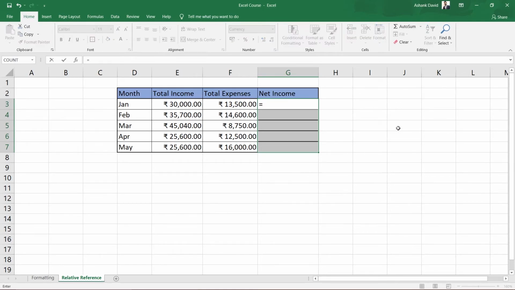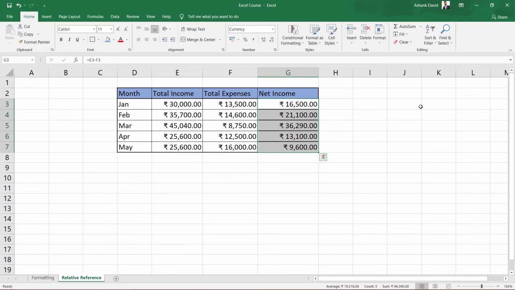So equals, select this one, then minus, then select this one. And now instead of pressing enter, I'll press Control plus enter. This will automatically complete the formula for the rest of the selected cells, applying the same formula to all the cells I have selected. So this is what we call relative reference.